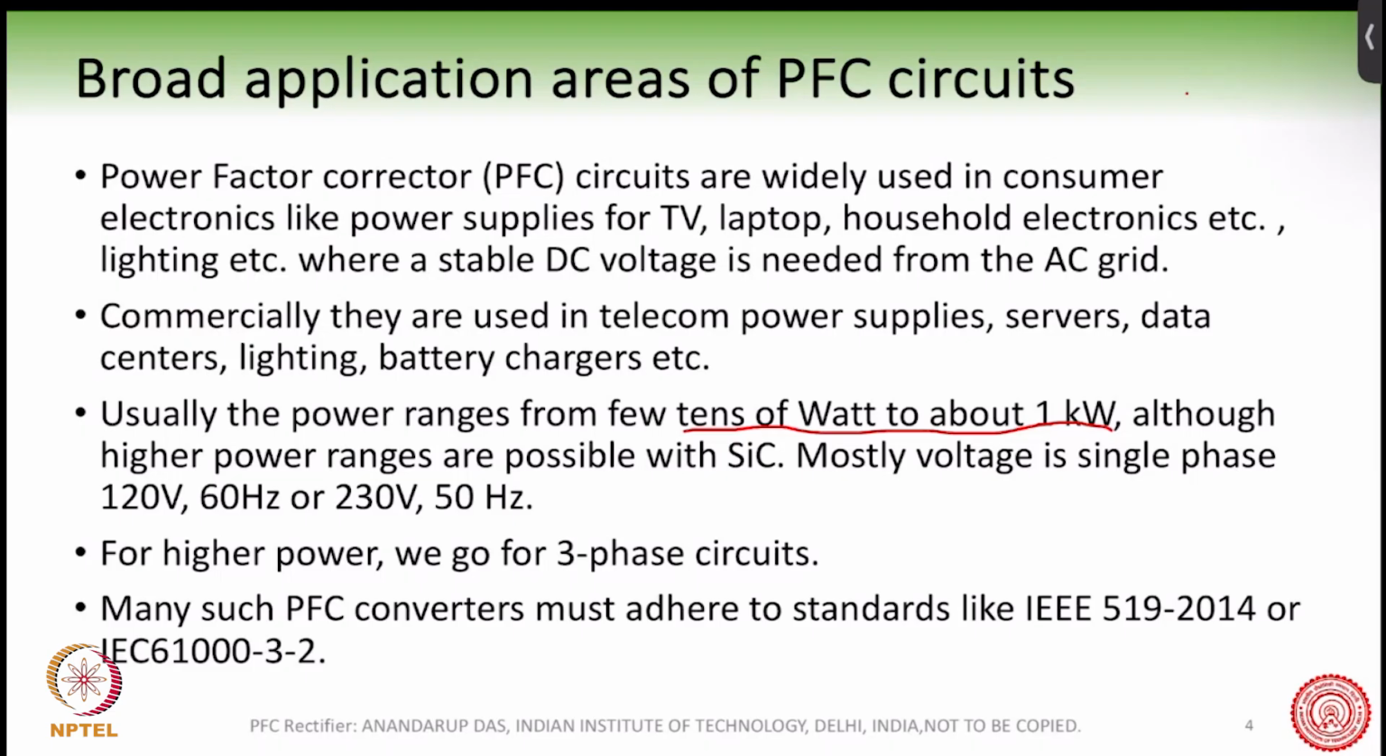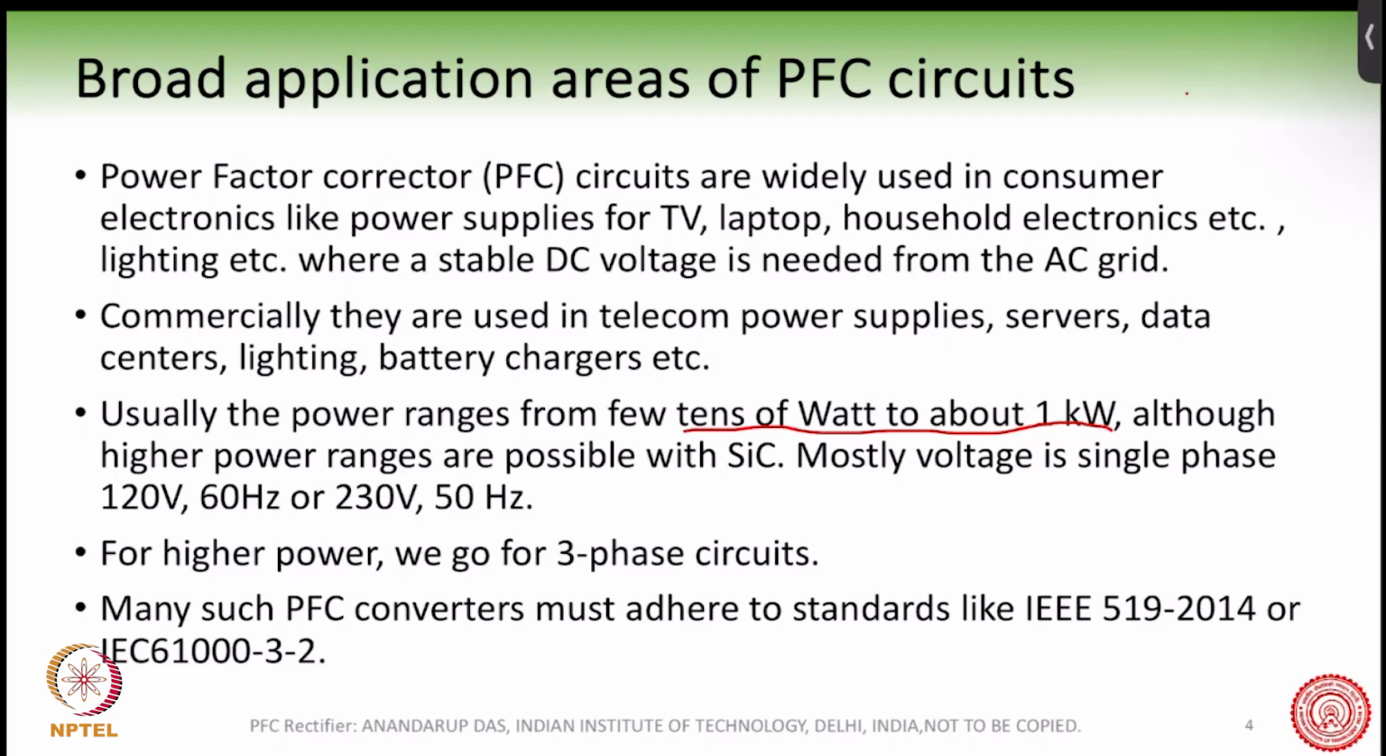In fact, modern generation PFC rectifiers are coming at more than 1 kilowatt also, with silicon carbide, I mean better quality of devices. But generally these PFC circuits are in this power range, whereas three-phase VSCs, which we talked about earlier, can go to many hundreds of kilowatts. Now with this less than 1 kilowatt, like 500 watt, 600 watt, or even 100 watt, where do we find the application,